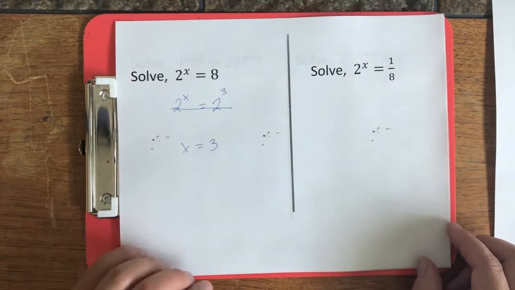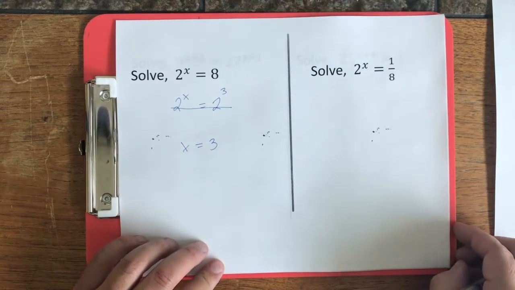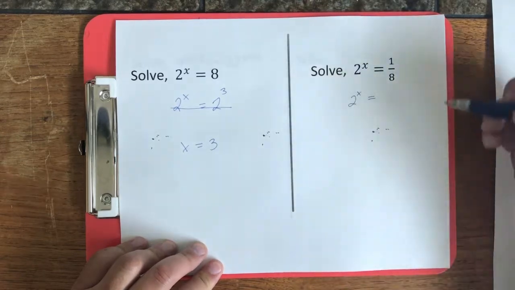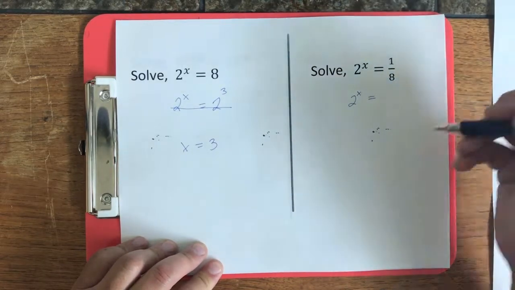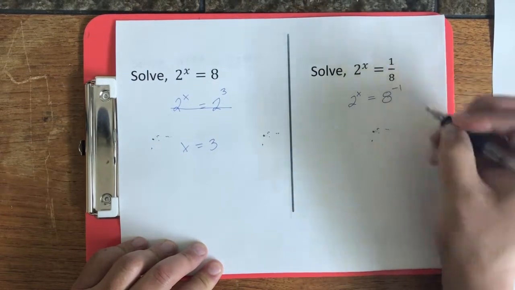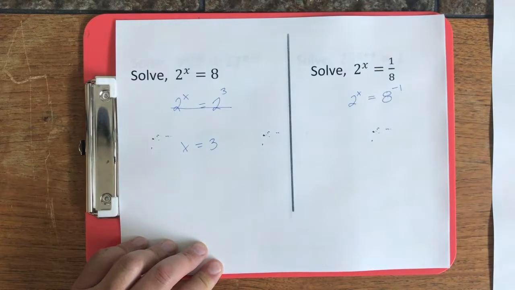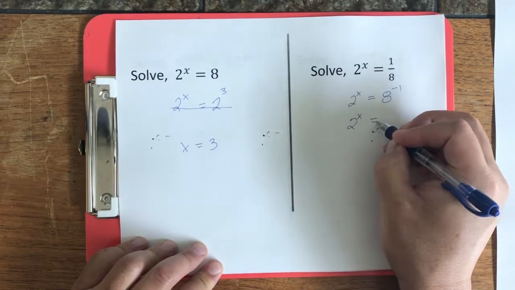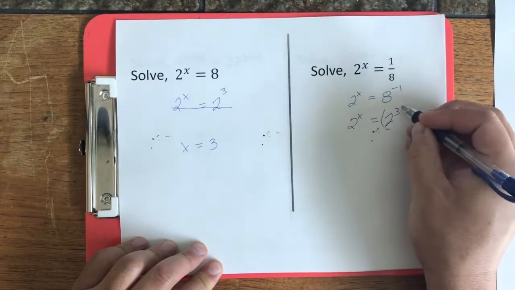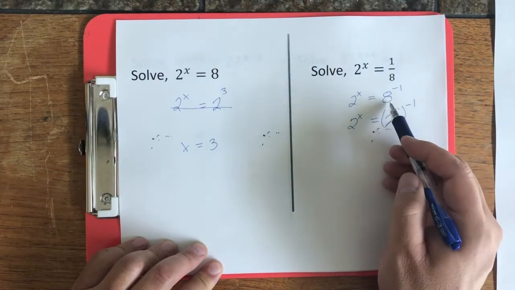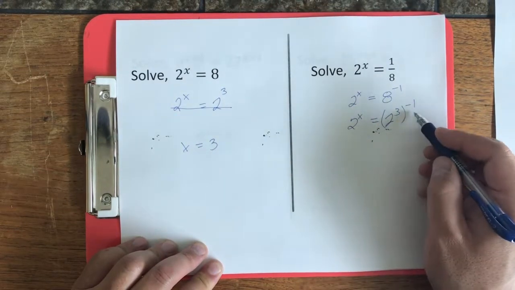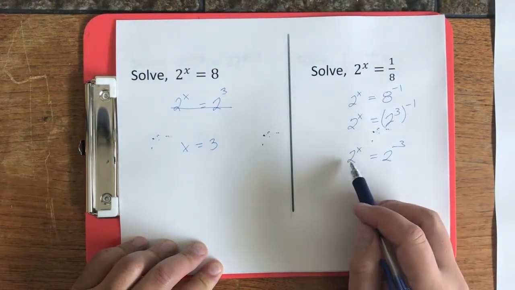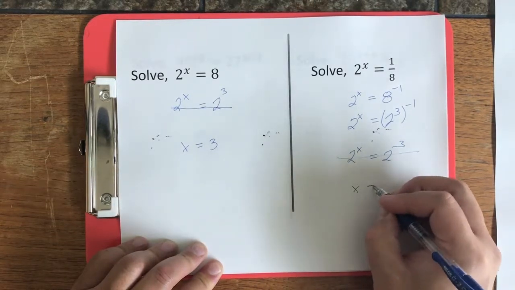Now, if I want to make your life worse, I can give you a fraction. But these aren't that bad. The first thing we want to do is bring this 8 to the numerator. The way we do that is we use a negative exponent, right? Negative 1 means change levels. Once we do that, we want to match the base at 2. So this 2 cubed is equal to 8. When we have an exponent of an exponent, we multiply. Now that the bases are the same, we cross them out, and we have x is equal to